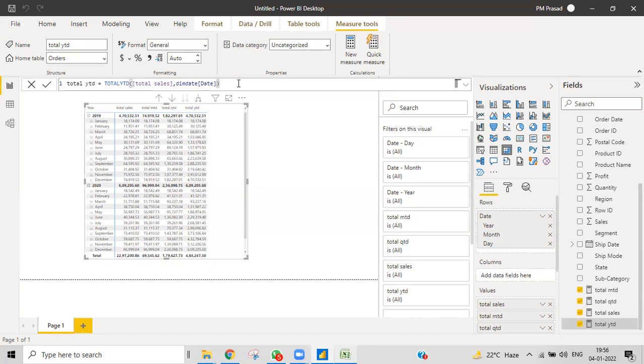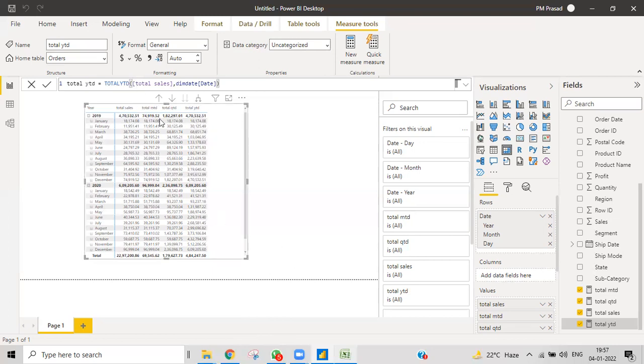You need cumulative sales, but you may need to get it for only one year, or for a product, or for a region, whatever it might be. You can choose it in the filter. Are you clear? Yes. Okay, that is a simple thing that you can do.